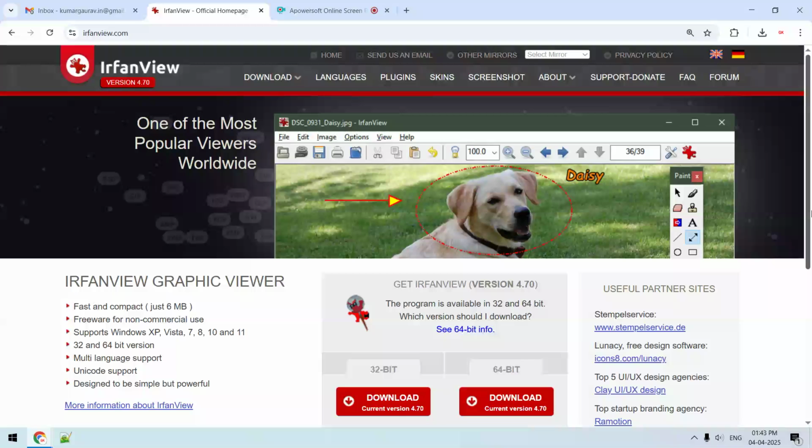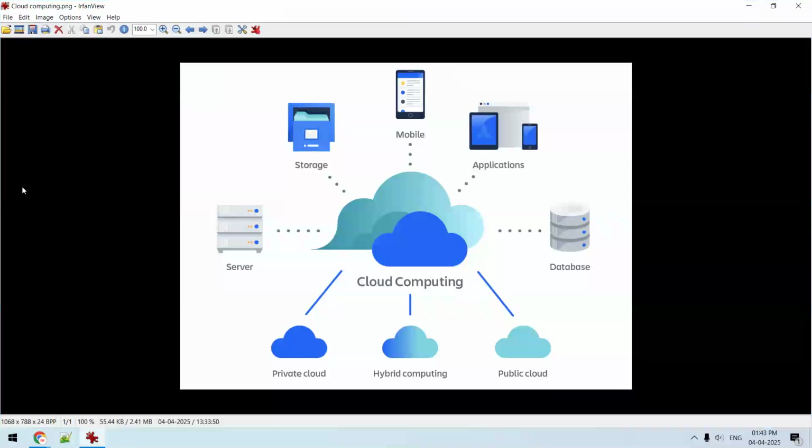Here we will see very lightweight image editing software, that is IrfanView, which we can use for research papers, articles, or books. Many times we have to convert our multimedia content into multiple, different formats. For example, in a particular dimension, in a specific resolution. For example, this is one image.